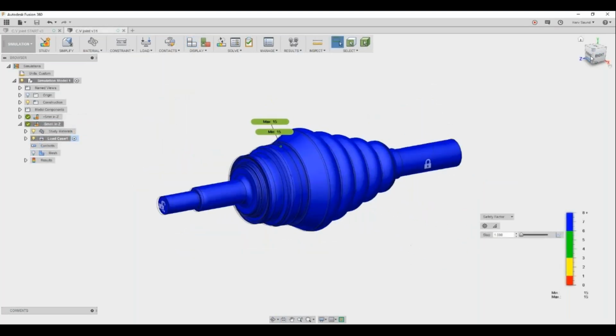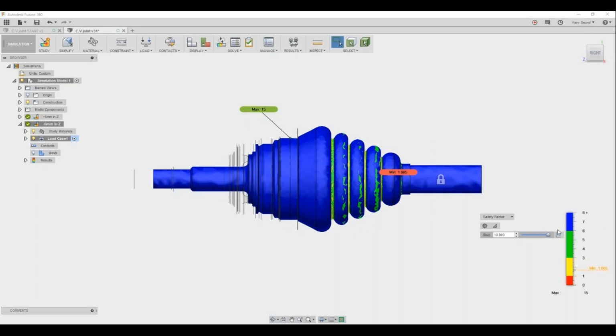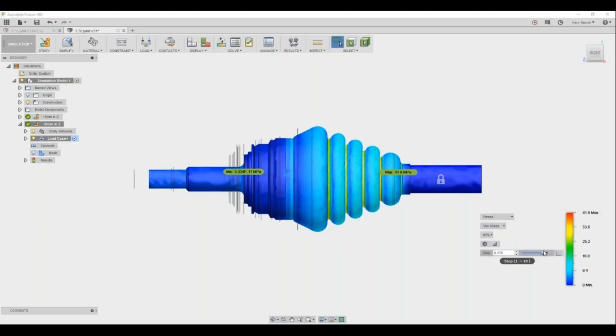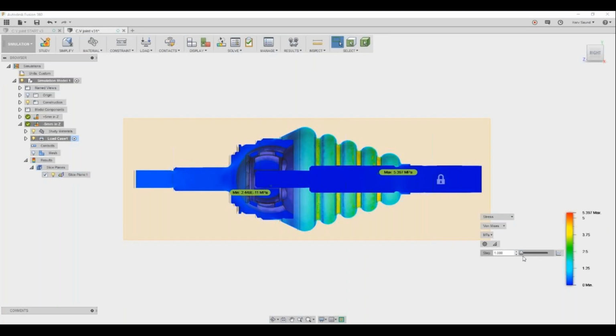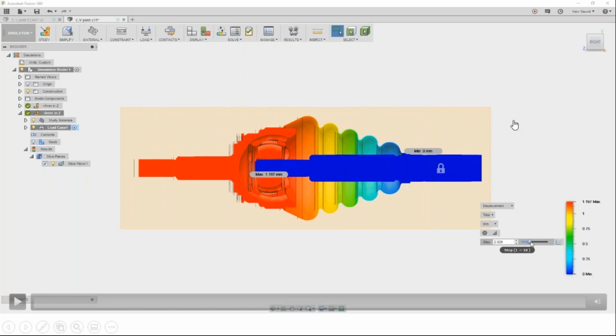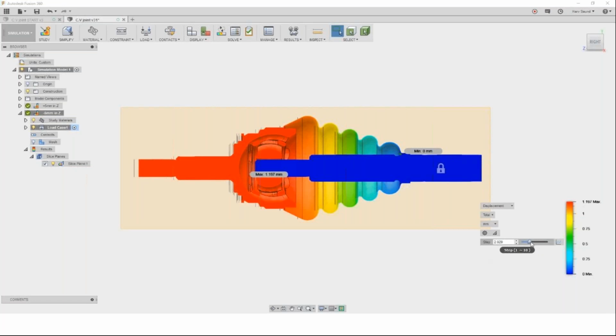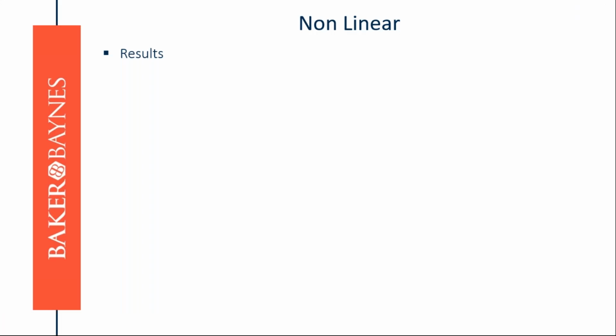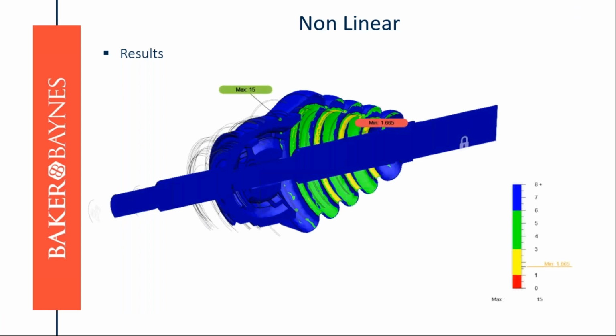If we look at the results, we can see the safety factor is maximum 15, minimum 15 in it. We can look at the stress that's happening on it. If we look at the displacement, now what's quite cool here is we've got the little browser here that allows us to actually slide the results through, so we could see what's happening. Now, if we look at the total displacement on this, the maximum is 1.197. So this meets design criteria based on the results that we looked at. If we look at it here, maximum displacement is 15, minimum is